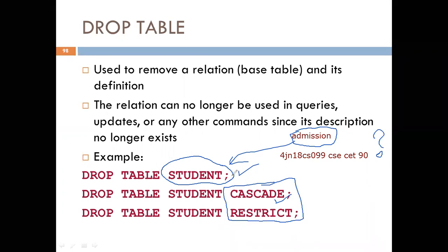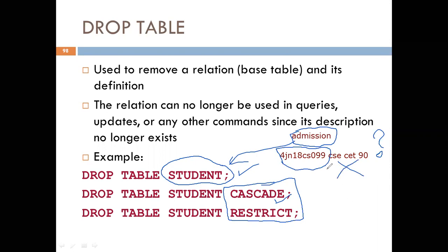If drop table student is successful, then all the data in the student table will be deleted. But what will happen with the data that is present in the admission table? Because if student is deleted, then this particular USN will be present, but their other details like name, mobile number, email ID, everything will not be present. So if we think in terms of the meaning of the application, if a student is deleted, then automatically the admission should also be deleted.